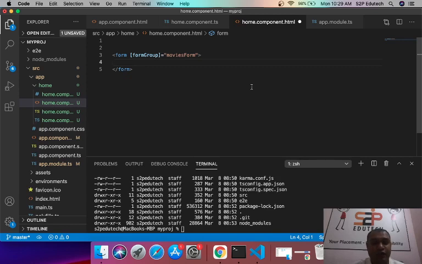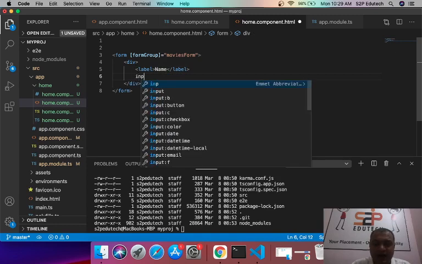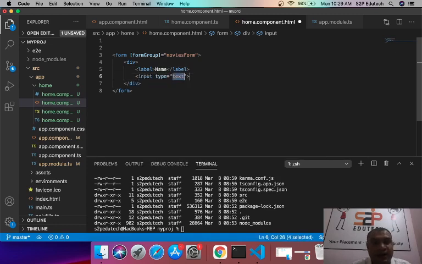Now inside form, what do we have? We have input fields. So I am just giving a sample div tag. Inside that I am giving a label tag. Inside label I am simply saying name, and then I'll give an input tag. Input name type would be text. And I would add another attribute which is form control name. Again, C and N are capital in form control name.